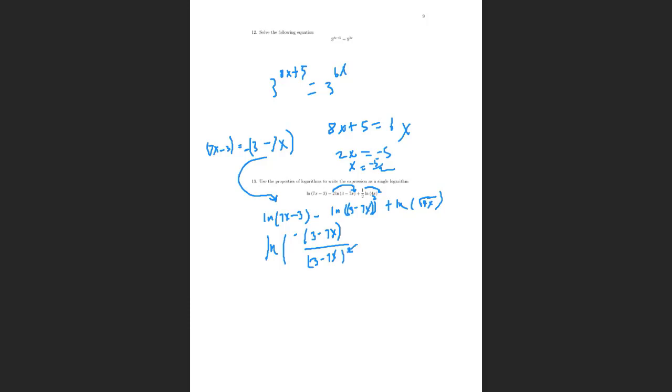Easy enough. This cancels out. This goes away because they're the same. That's kind of why I rewrote it. And we also just have plus ln square root 4x. And this is multiplied, so we're just going to get a final answer of ln minus square root 4x